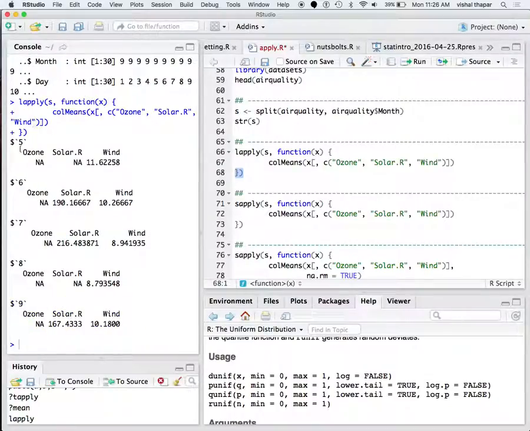And so now, for the month 5, for the month of May, this is your ozone level, this is your solar, and this is your wind. Now notice that we didn't remove the NAs. Therefore, when you have an NA in a vector and you calculate the mean of that vector, it'll give you NA. Okay? So for the others, the ones that did not have any NAs, you got the values for their particular columns. So similarly, if you do an sapply on that, it'll simplify things and create a